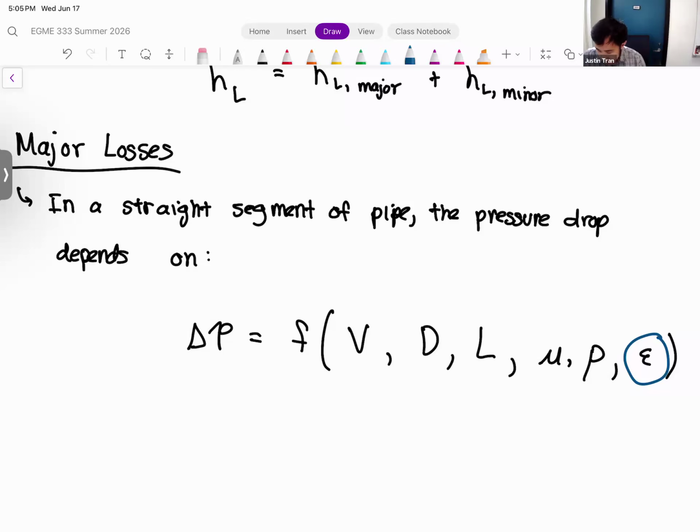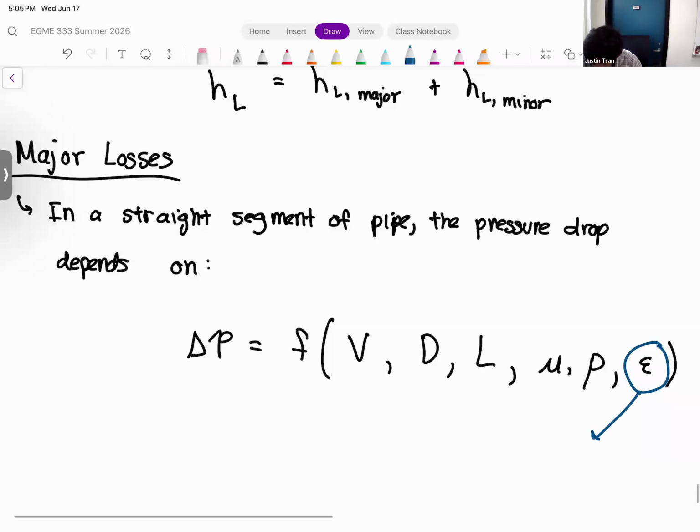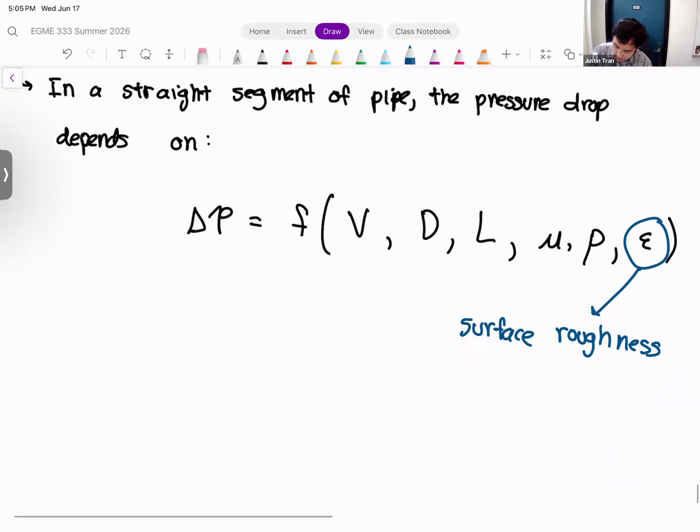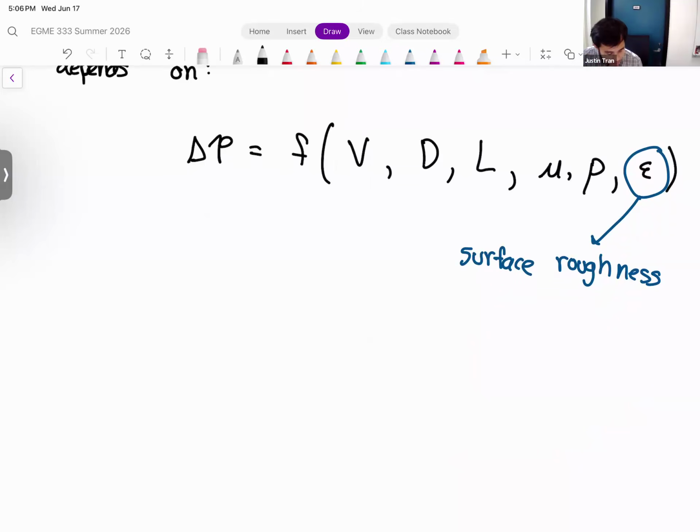epsilon, is what's called the surface roughness. Surface roughness is a parameter that describes how rough and coarse our pipe surface is that's bordering our fluid. Specifically, the surface roughness has dimensions of length. So if you have a typical pipe here,